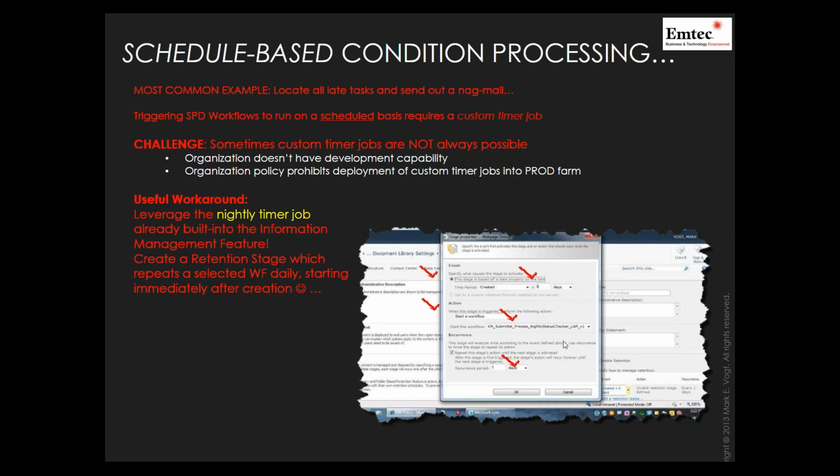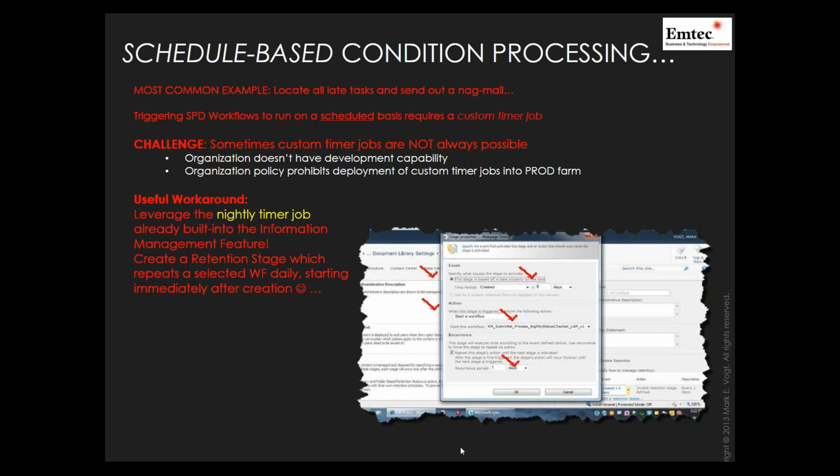So you're not creating a scheduled timer job. It already exists on every SharePoint list in every SharePoint library. So we simply have to take advantage of that on the task list and on the processes list and configure a new event that I monitor. The event is the ticking of midnight, that it's 12:01 a.m. the next day. That's my event. This timer job kicks off and starts a workflow, and the workflow goes and runs your little processing unit as if a change had occurred. So between the two, the event triggered workflows that you're already familiar with, item created and item changed workflows, we now have a scheduled trigger workflow.